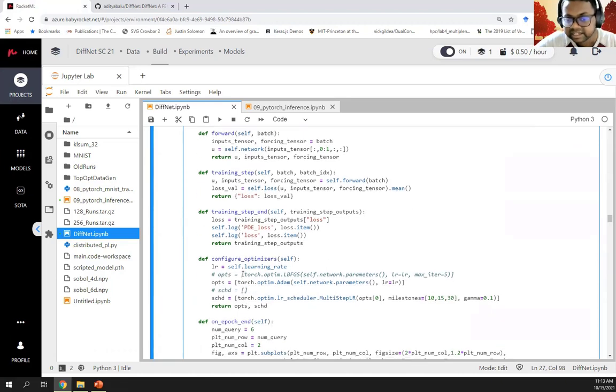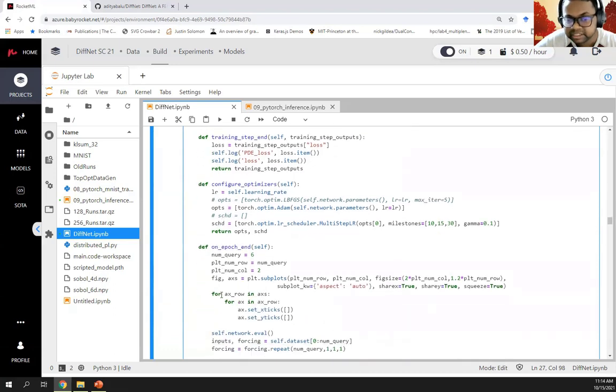The optimizer can be defined in some cases where, because the energy function is a convex one, we can quickly use LBFGS to obtain results very quickly. And in some cases where the network is making it non-convex and non-trivial, we could use ADAM with some kind of a learning rate scheduler or something to define the optimizers and optimization process.